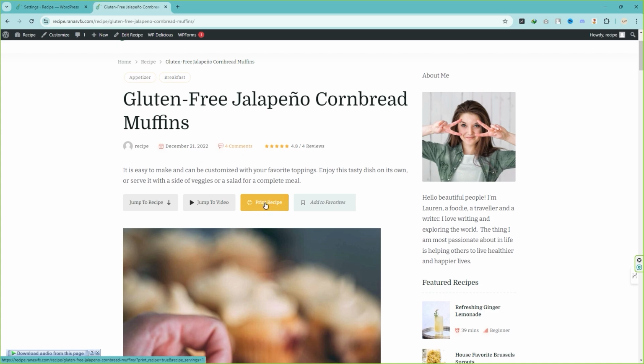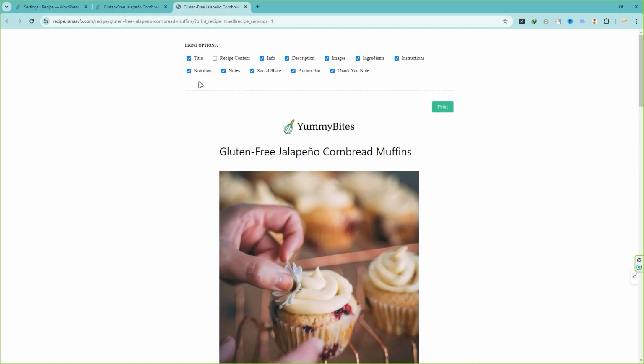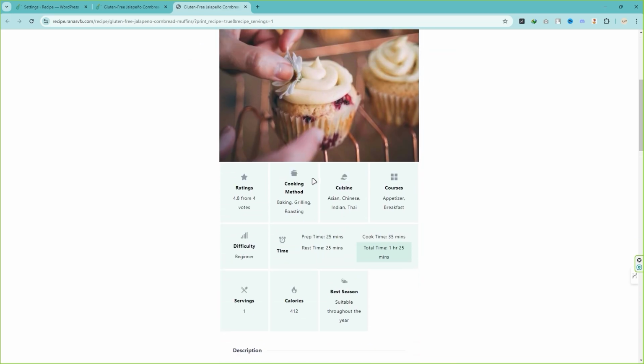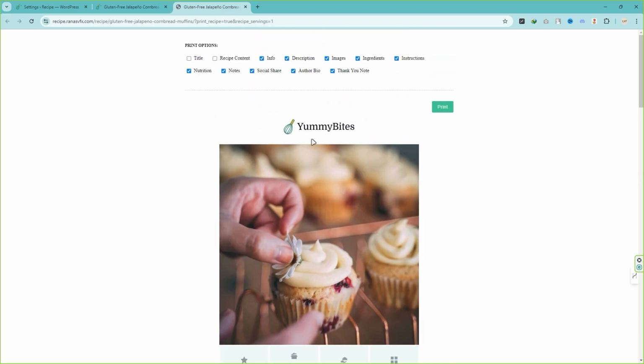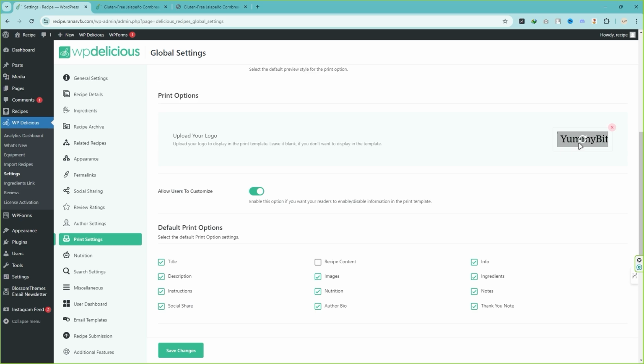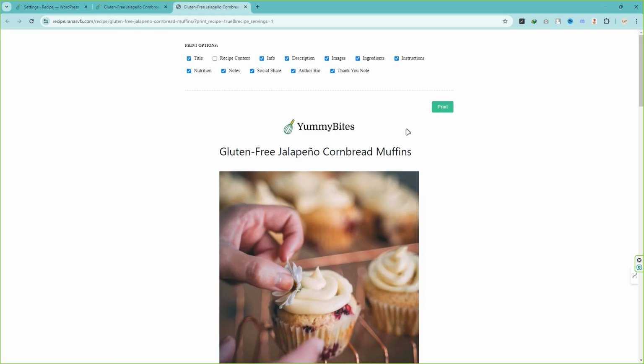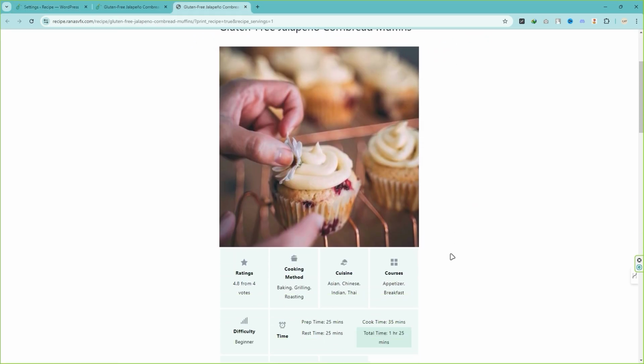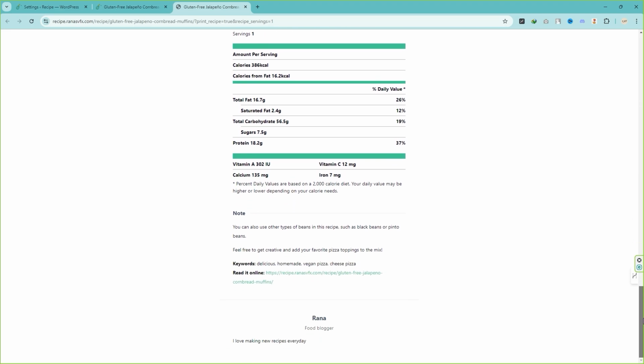When I click on that, a new window or new tab will open. And here you can see your reader has the option to customize your recipe page. Like they can remove the title, they can remove the note, they can customize anything from here. And this is the logo that we have added over here. You can see they can print this recipe by clicking on the print button, or if you keep scrolling down,